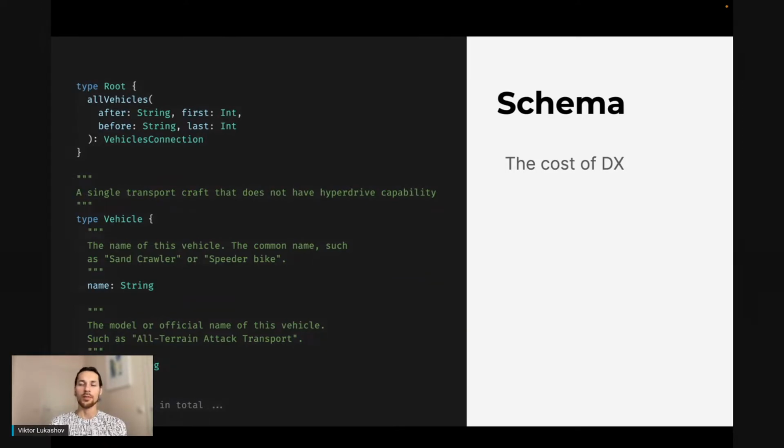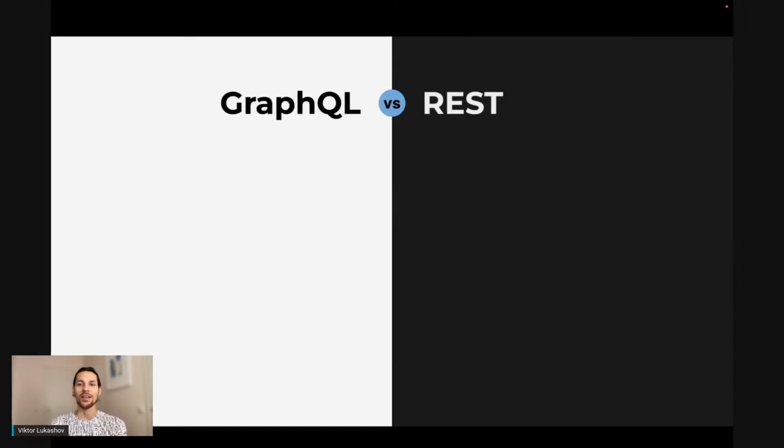Well, all that becomes possible because there is a schema, and this is essentially the cost somebody needs to pay for the convenience. In a typical example used by many GraphQL demos, the data graph describing Star Wars starships is a simple example, but yet even in that case, the schema is 1,168 lines long, and somebody actually had to spend the time to write and maintain it. So it's not for free.